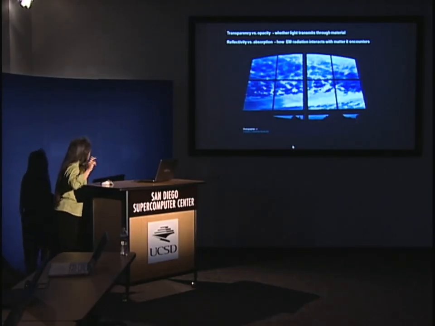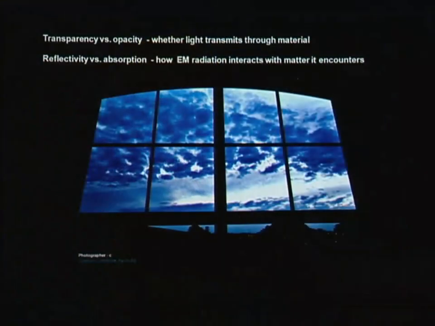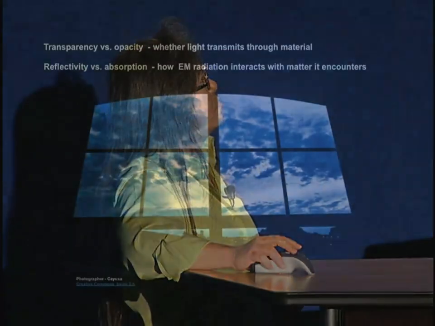So a couple words that come up, transparency and opacity. Transparent means you have a material where the radiation travels through and you see it on the other side, if you were standing there. Like this window. The light comes in, it can actually light up objects in that room if it weren't near sunset. And if it were opaque, that light wouldn't get through, and you wouldn't see it.